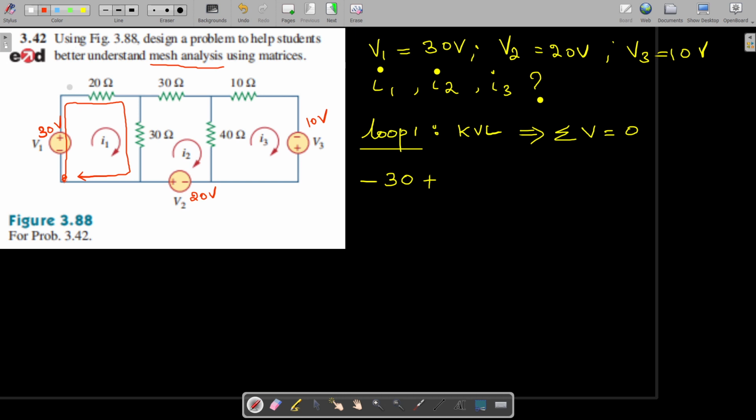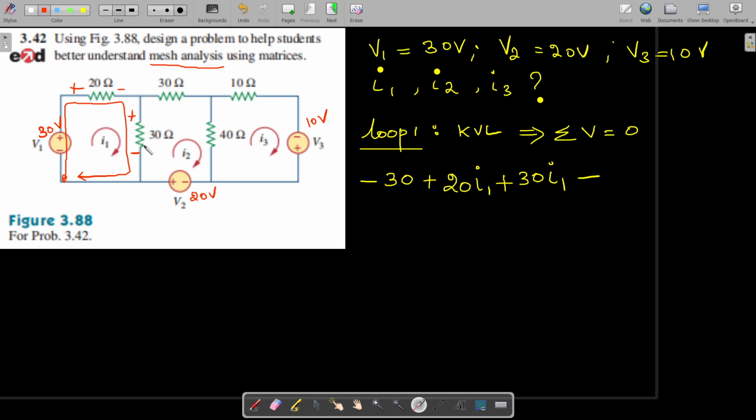Here you have to assume plus to minus, and here also plus to minus for this I1 current. Okay. So plus 20 I1 plus 30 I1